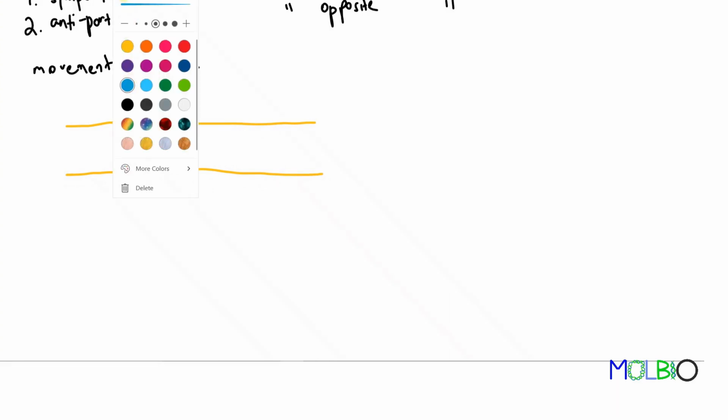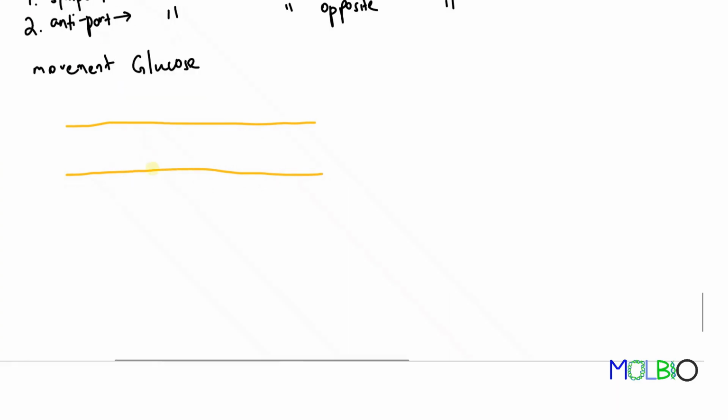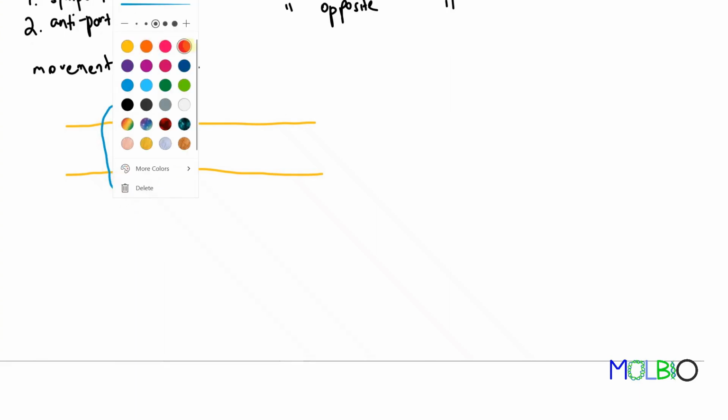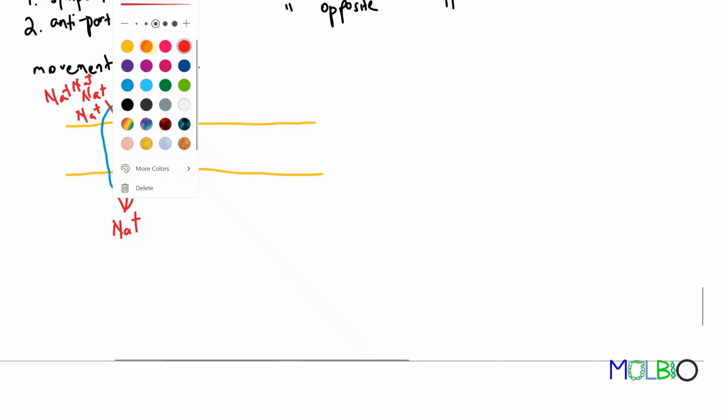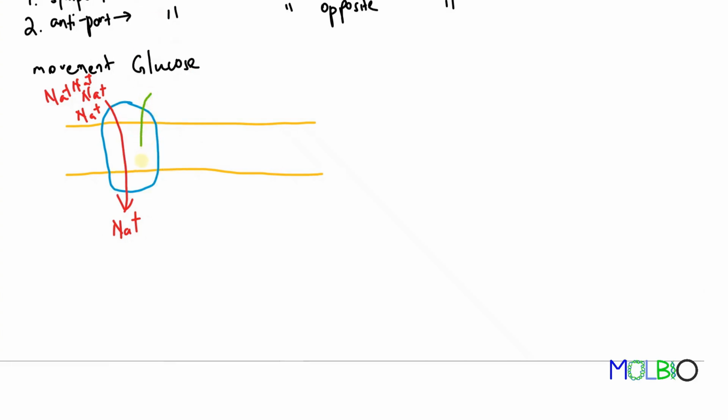Let's consider one of the sodium potassium pumps, which is pumping out sodium to maintain a concentration gradient of high sodium outside the cell, right? Such that sodium can flow from outside the cell into the cell, and then we have glucose